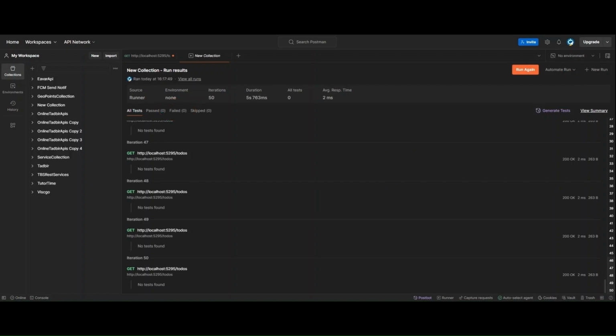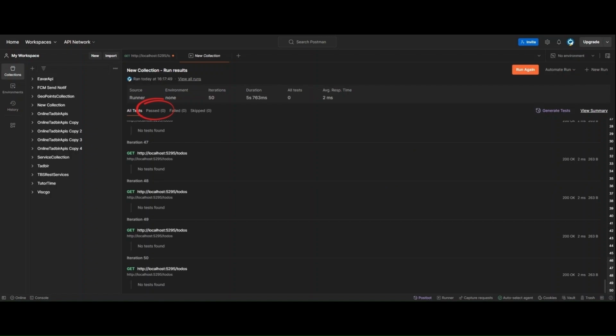A high number of errors could indicate that your API can't handle the load. Similarly, the skipped count shows that no requests were skipped. Skipped requests can happen if Postman decides not to execute a request, often due to prior failures in a sequence. The passed count is 0 because no tests have been defined for these requests in the Postman collection.